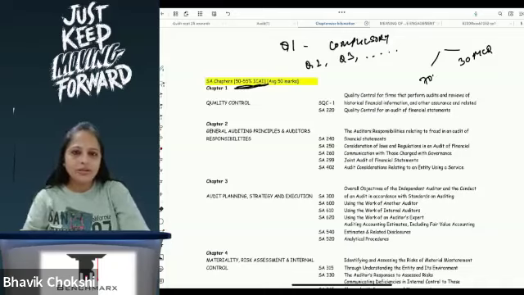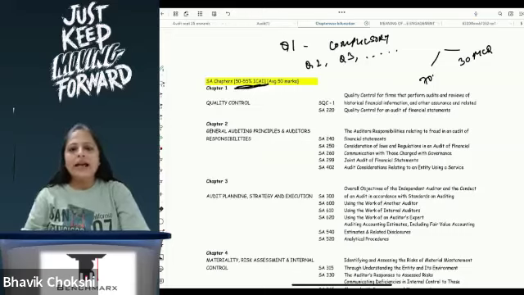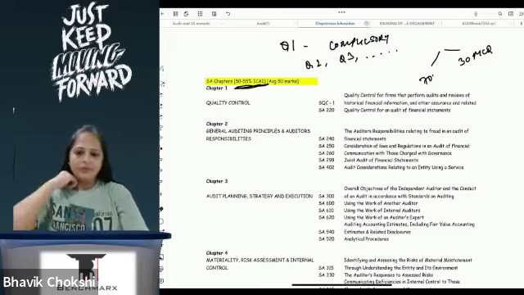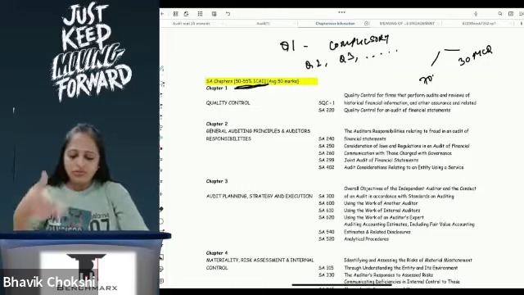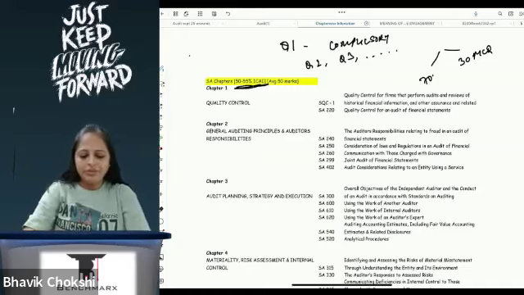Audit, if you see the result that has just come, the result is not so great for audit. Students haven't been able to score very well in the subject. The overall paper that was set for May 25 was also quite difficult. So they have been trying to make it more case study based, and that is why students are facing difficulty in writing the answers.